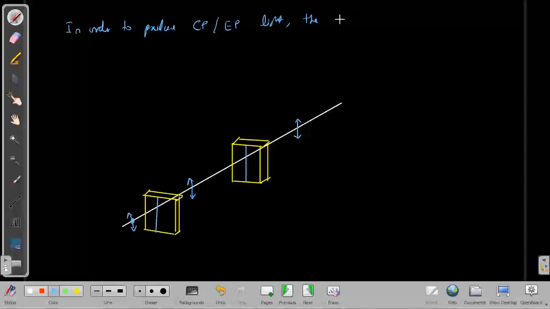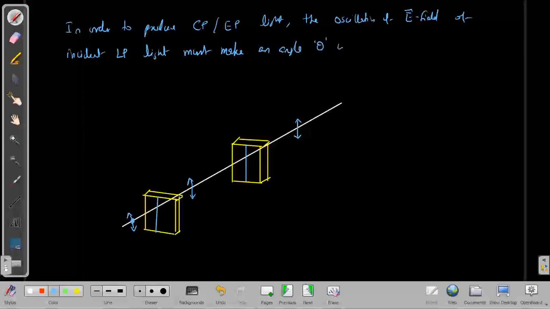the oscillation of electric field of incident linear polarized light must make an angle theta with the optic axis of the quarter wave plate. Okay, so for that, better thing is I can just rotate the